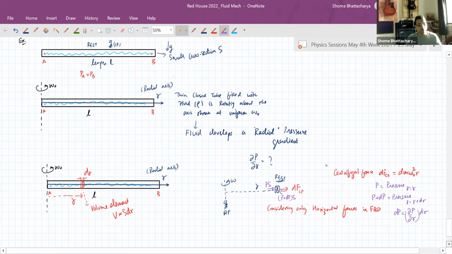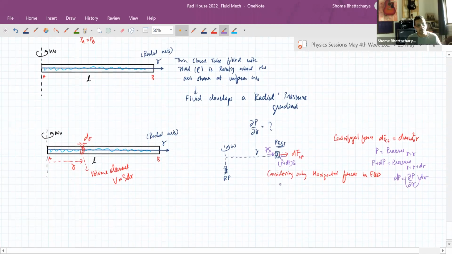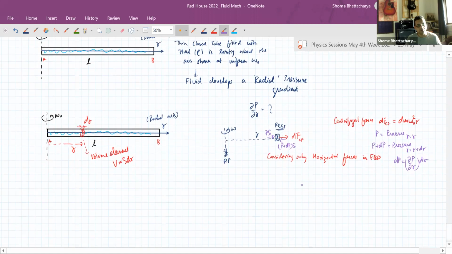Okay, so solving this further, we get a very interesting result here. So centrifugal, not pseudo. This time we get a pressure gradient which is variable. It's like an instantaneous pressure gradient. So del P, so rather